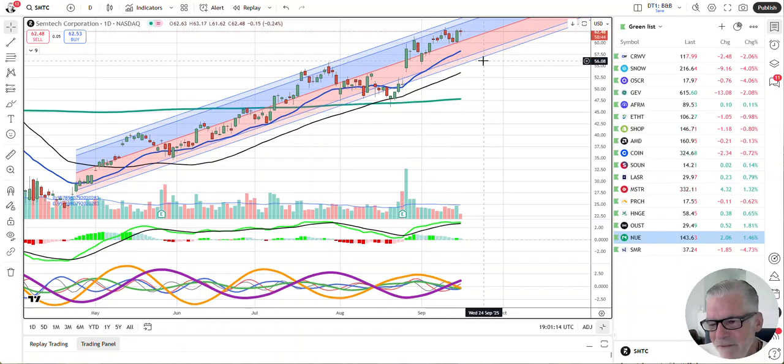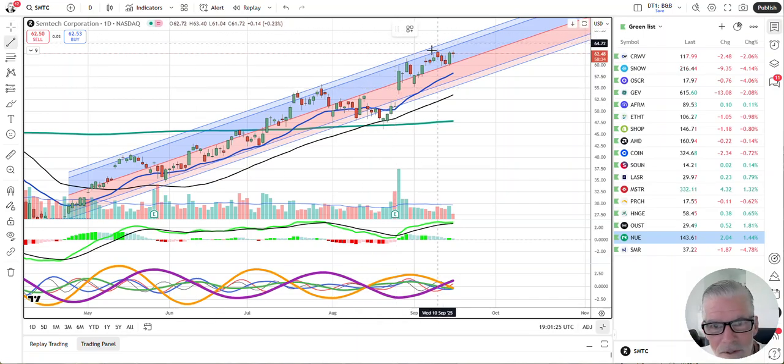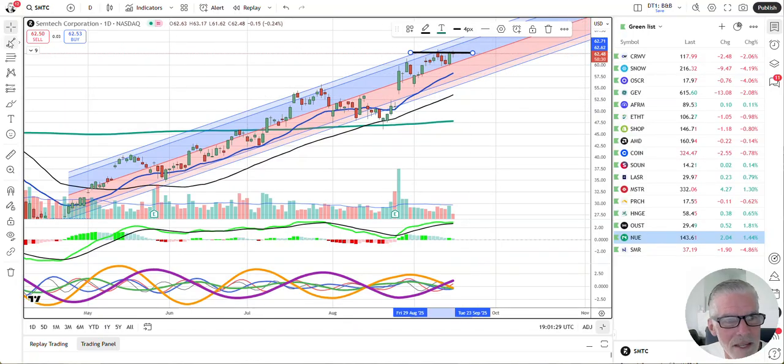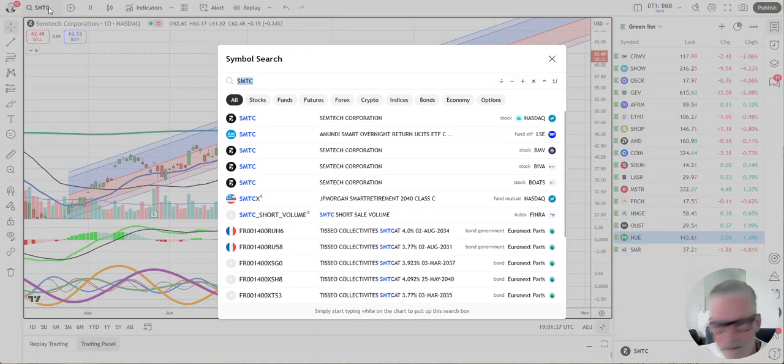But it's up at 52-week highs, and it had a big power gap on earnings. That's always good. Nowhere near closing that. That's always good. And instead of a pullback, it keeps moving higher. So I like SMTC for the relative strength it's showing, and I think that it's just going to keep banging up on new highs. NVIDIA, to me, I'm not sure I would go out there and buy it today